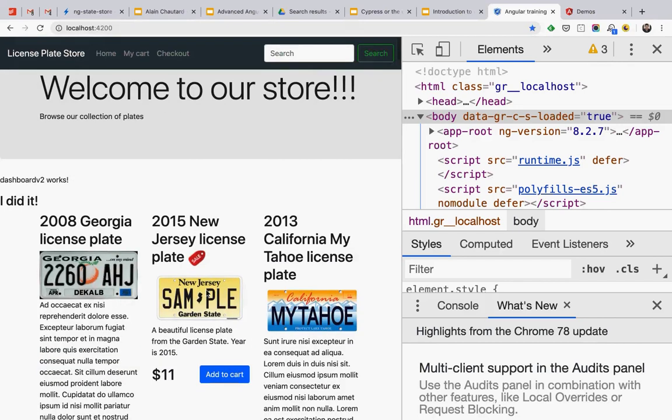So that's what directives do. They allow us to repeat an element or show or hide an element based on some condition and make all of that even more dynamic. So everything you see on the screen here is just Angular based. So we have 1, 2, 3 different kinds of components. We have 2 different directives that make these things, that repeat these things, make them dynamic and all that.